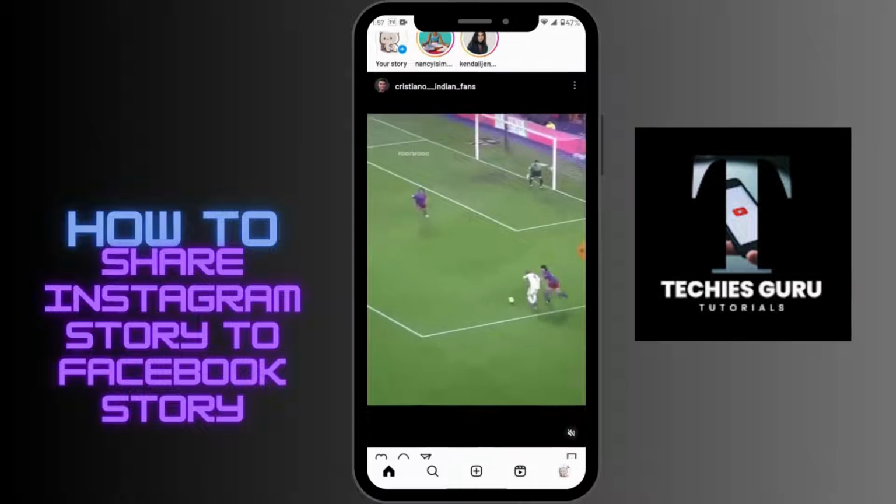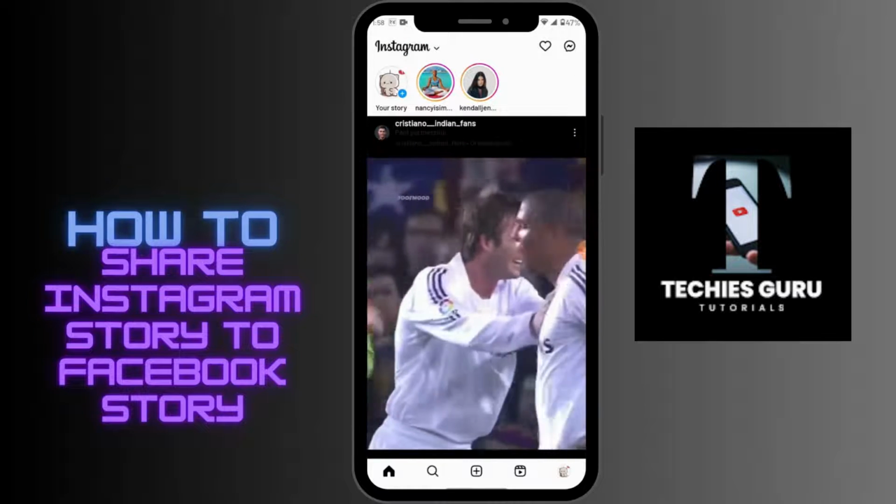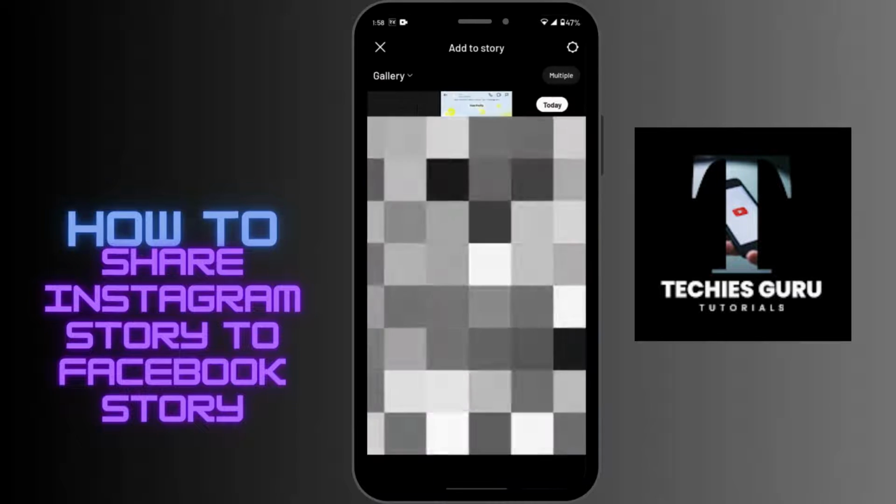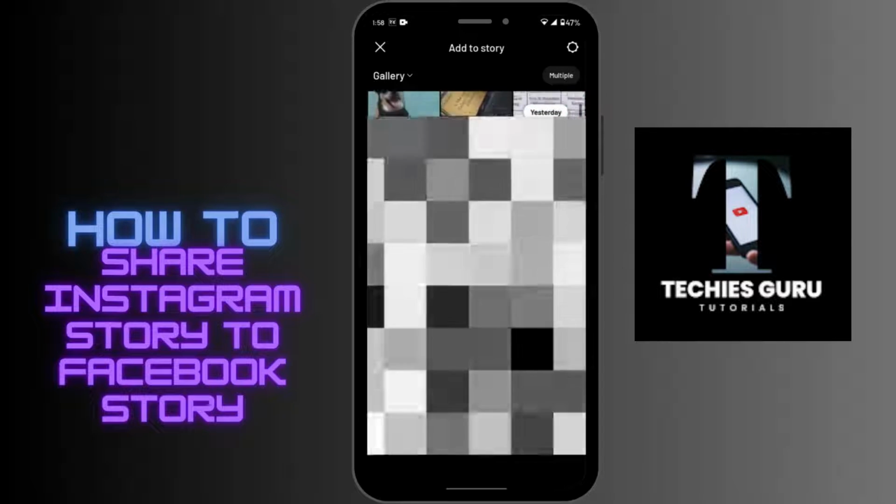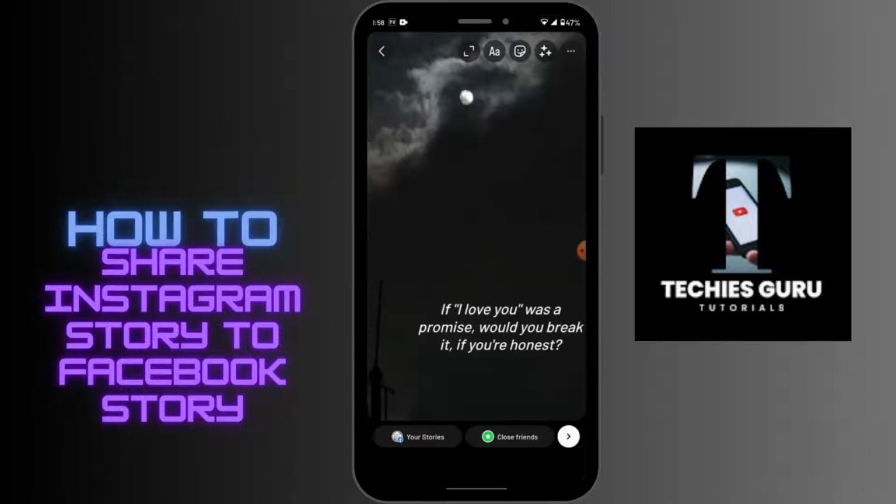and then on the upper left corner you will have your story option. Tap on that, and then you can choose a random photo that you would like to add. Before proceeding, you should know one thing, that you must link your Facebook to your Instagram to add stories on